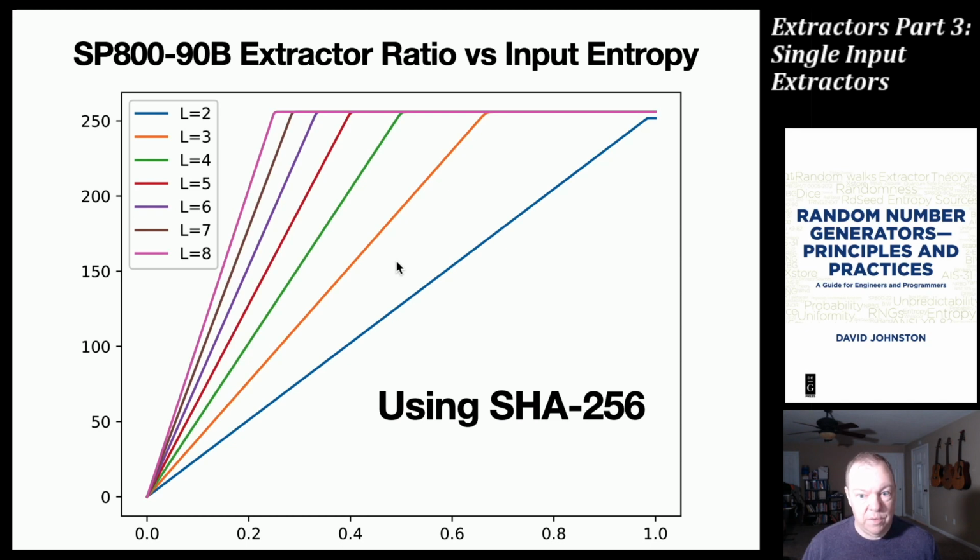And so that's all we're doing in this talk. We've looked at how we can take advantage of things we know about the source other than the min entropy, like serial correlation and bias, and then have very simple circuits to take advantage of that to improve the entropy quality of the data. And then we looked at cryptographic single input extractors, or just one of them. They're all pretty much the same. They're a bunch of crypto happening, but they're working on one input and they're mapping it to an output that looks more random. So I'll see you in the next one, where we'll look in greater detail at multiple input extractors,